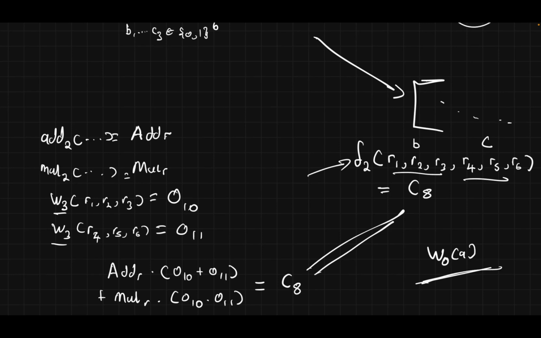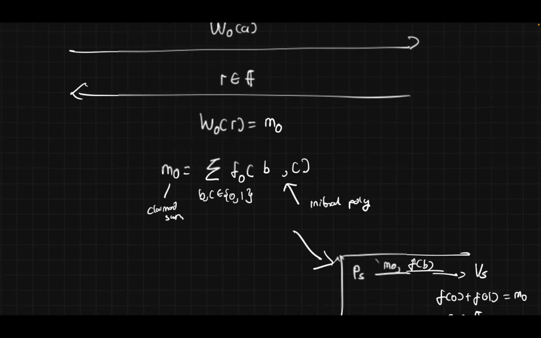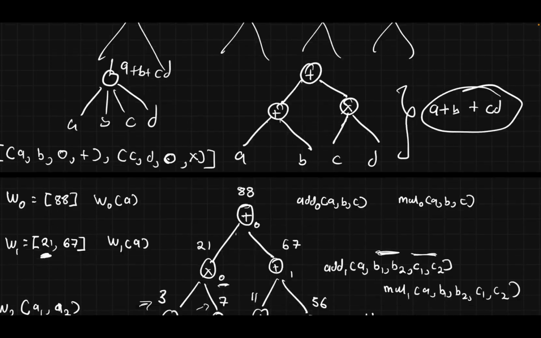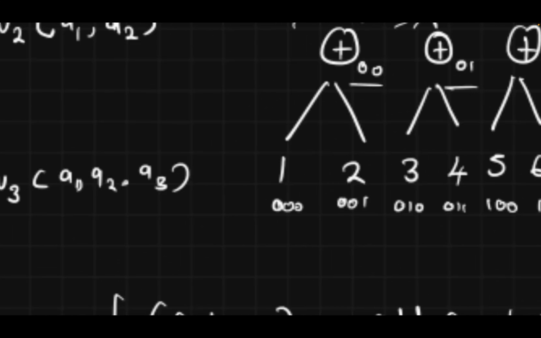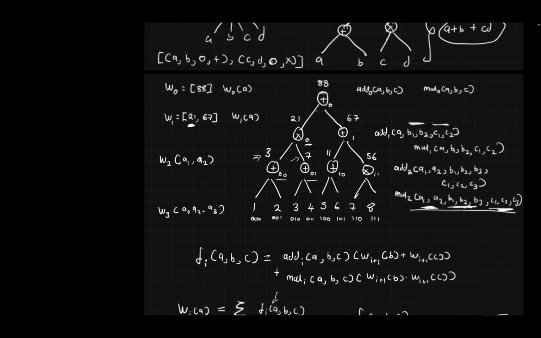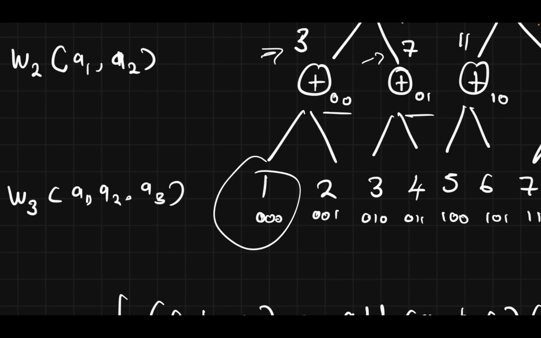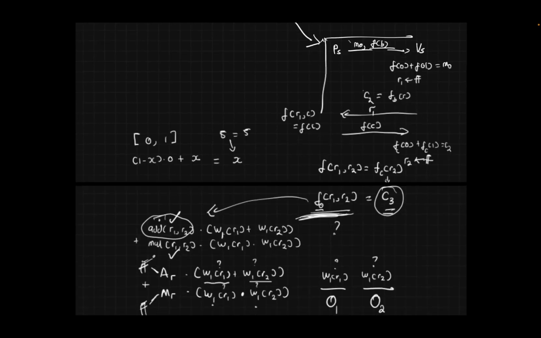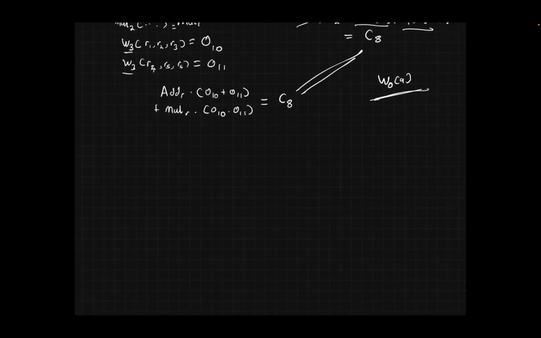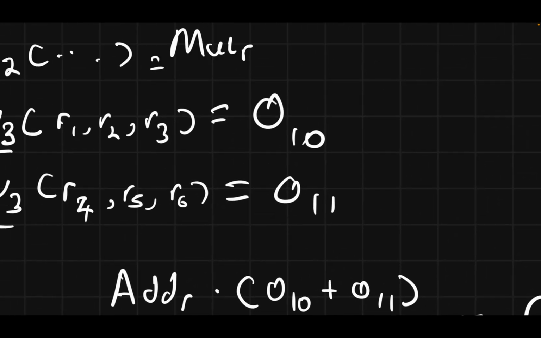The input. Should be 6? No, W3 is a 3-variable polynomial, I believe. So see, A1, A2, A3, right? So we're supposed to evaluate at the left, and we're supposed to evaluate at the right. That's what this is doing. This is like B. And this is like